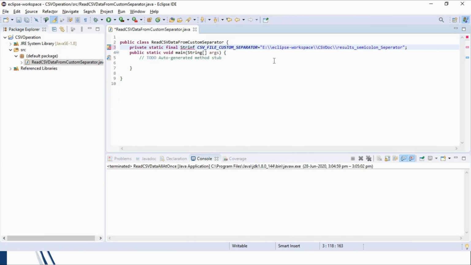And now at last append the file extension, that is .csv.